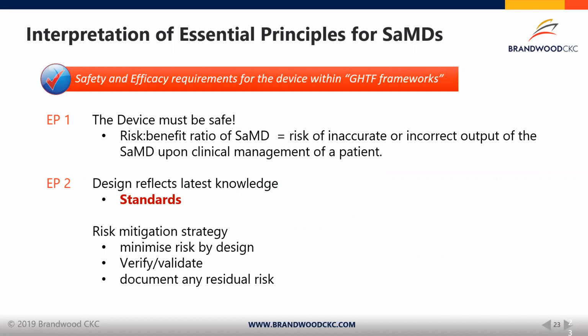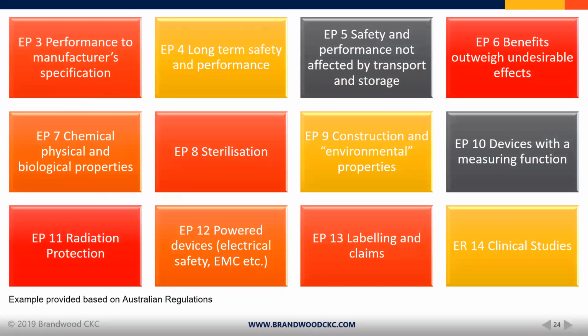essential principle number one, this is mapped, by the way, under the Australian regulation, would be looking at risk-benefit ratio for software as medical device. So here we're really talking about the risk of an inaccurate or incorrect output of the software as medical device upon clinical management of a patient, for example, as opposed to physical interaction. Essential principle two would be in terms of the reliance on current standards, and once again, the risk management program. And then we've got mapped here essentially all of the other essential principles,